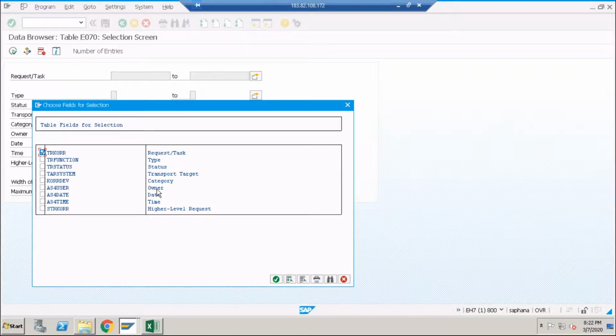Only the date and time remaining. Owner. Date and time also, assume I don't want date and time also. Okay, so status also needed. So only those 4 fields will be coming. So you have to reduce the fields also.